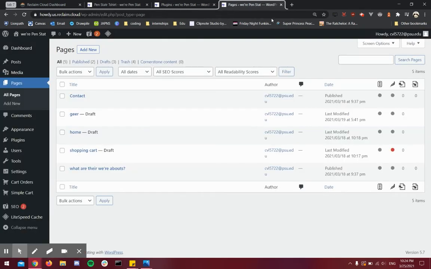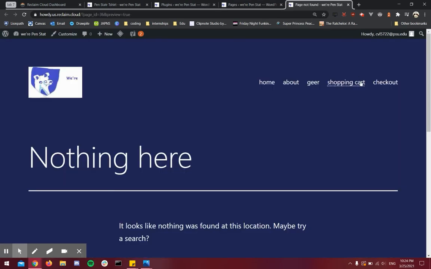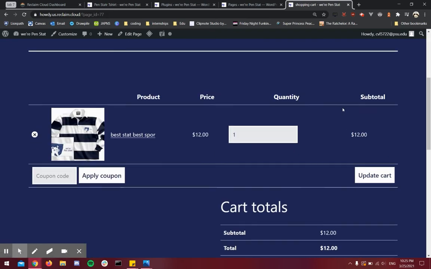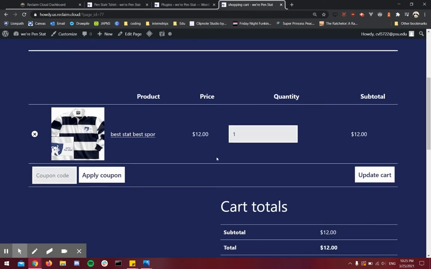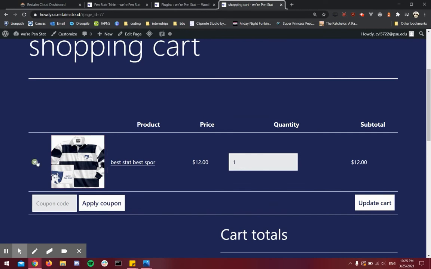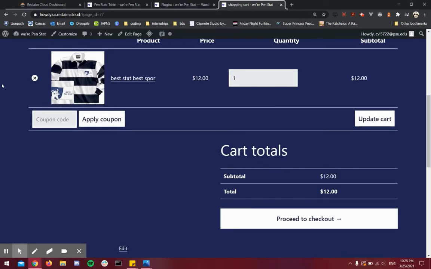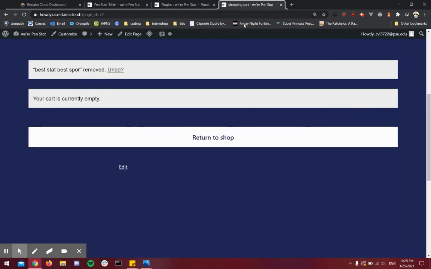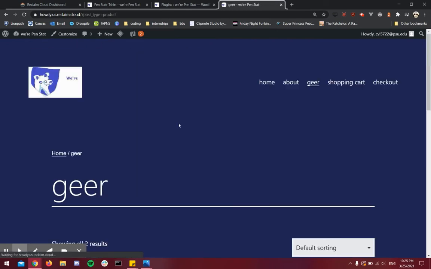So looking here, we have this, and if we just preview, it's this one. It'll show this, and we can see, oh, it's a shopping cart. So that's how it was for the previous